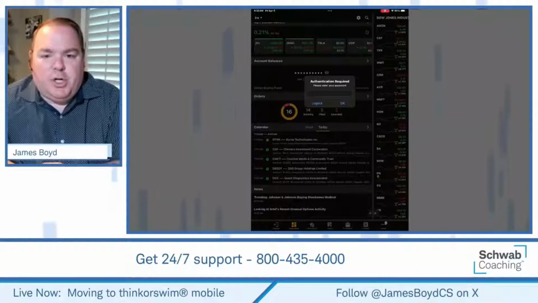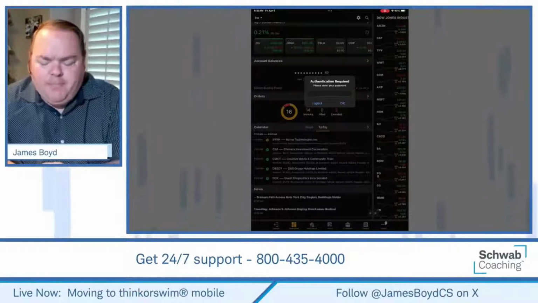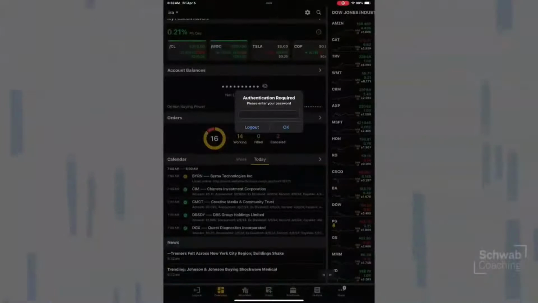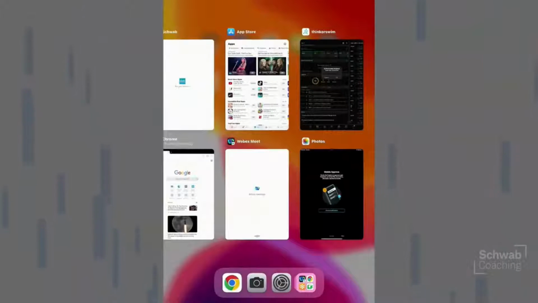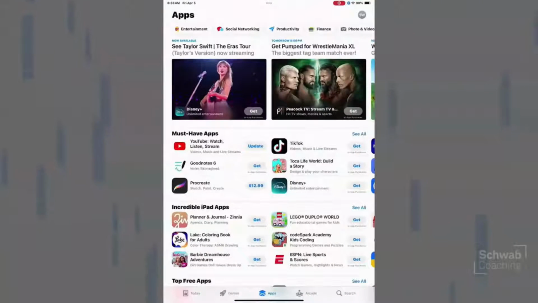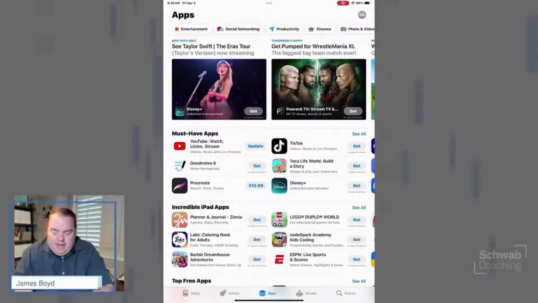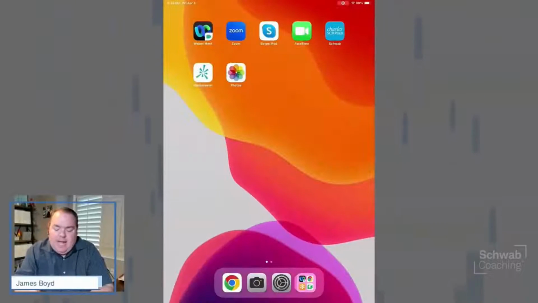So what I'm going to do is I'm going to share from my iPad. And the first thing I want to show you just real quick is where do you go to find the information? Where do I get the app? So I am using an iPad device. So on an iPad, you go to the App Store, okay? And for example, if you're on, let's say, a Samsung device, I think you go to Google Play, okay?